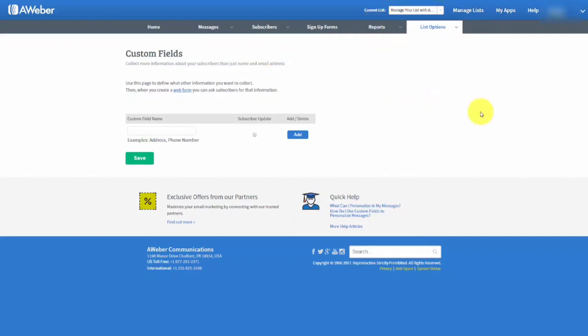So for the list that we created, we can create a certain kind of information that Aweber will store and that we can collect on any particular web form that we have when we create one. So for example, we can collect an address, a phone number, and we can create any kind of field that we want based on our business. So in this particular case, we're going to create a custom field that we will use in a later sign-up